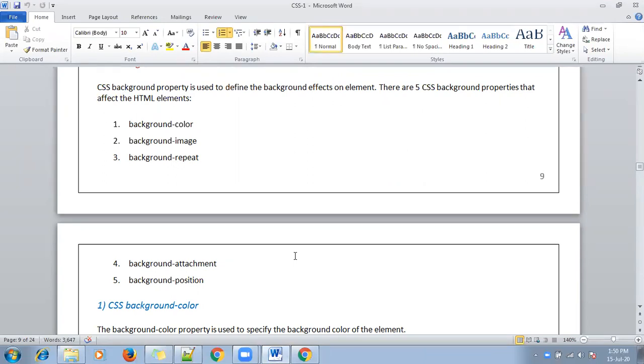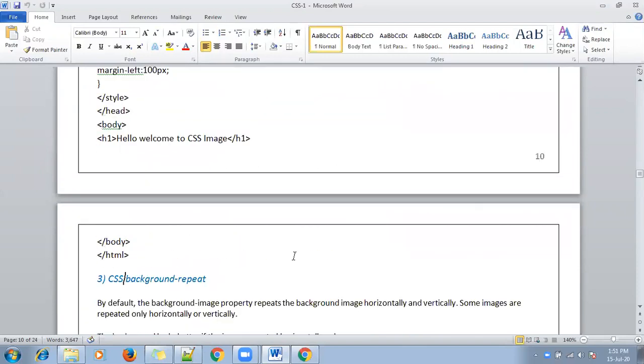Background repeat is for repeating either vertically or horizontally. Background attachment means we can fix the image or scroll the image along with the web page. The last one is background position. We can set the image position to the left, right, bottom, top, or center. These are the background properties in CSS.